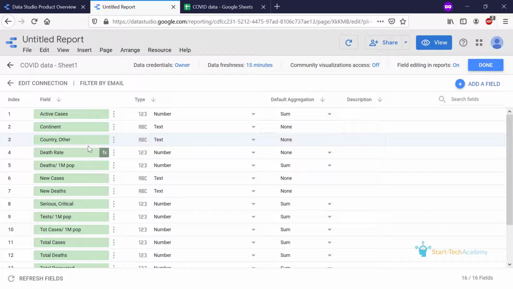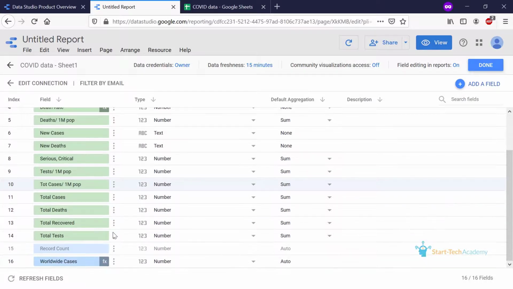Metrics are numerical values which can be measured on a scale. For example, height of a person, GDP of countries, sales in an area, all these are metrics. In our example, all the other numerical values such as total cases, total recovered, total deaths, all these are metrics.